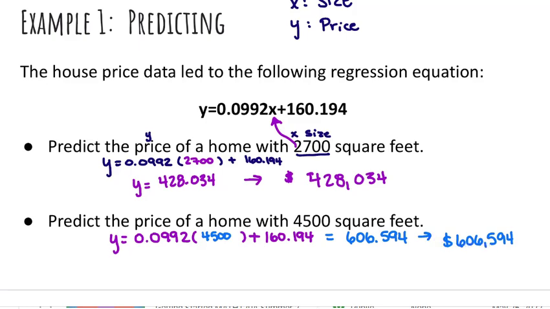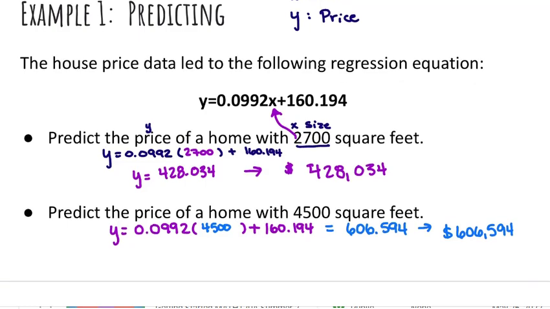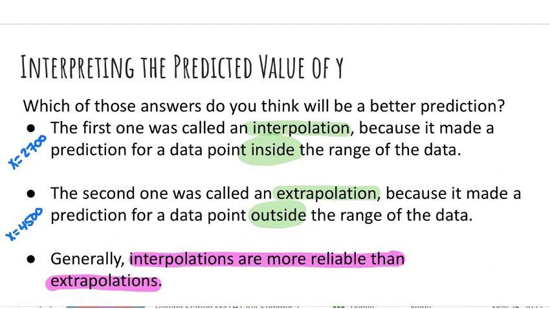The other thing you can check is whether or not your answer seems reasonable. Does it seem reasonable to have a house that costs $428,034? Yes. Is it reasonable for a 4,500 square foot house to cost $606,594? I would say that is reasonable. Now, again, it's not reliable because that 4,500 fell outside of the original data range, but the answer does seem reasonable. Reasonable means, would it make sense for that answer to be the answer? So